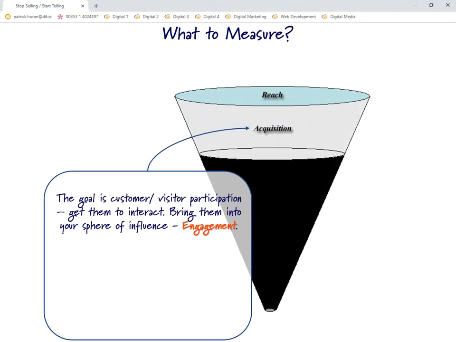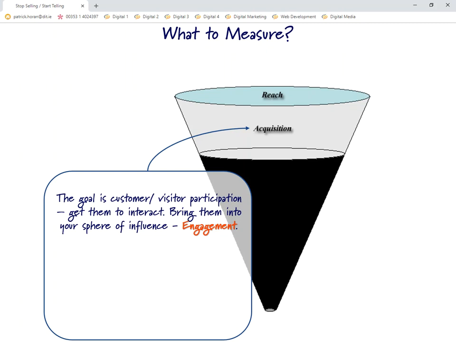Once we've actually talked about getting people onto our site, the next area we talk about is acquisition, which means that you're actually engaging your customer, that they have a look at your homepage, that they move around your site. Let me just rephrase, not every person coming onto your site will come through your homepage. Your reach may not just be your homepage, it may be any particular page into which there's a link coming in.